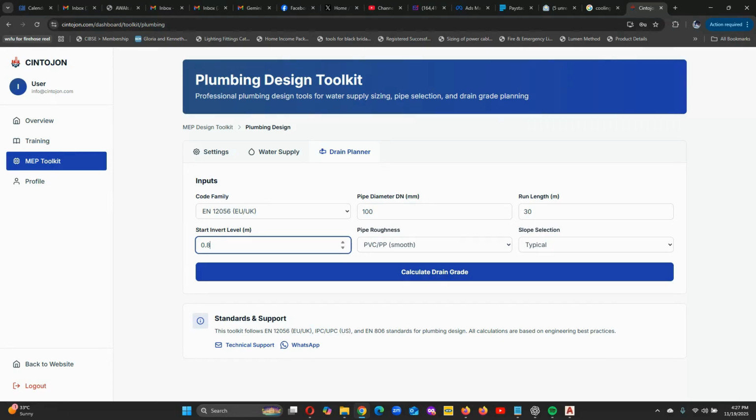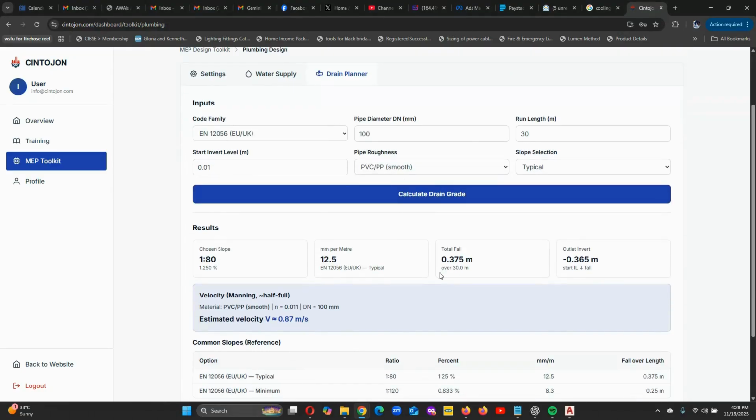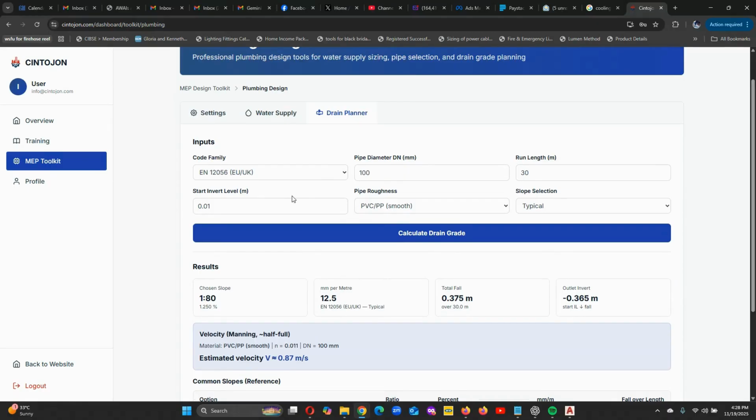So say you have a start invert there and you do your calculation. It's telling you that with the slope you need, from the invert level of your effluent inspection chamber to where your collection is,